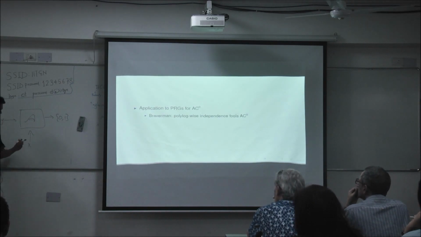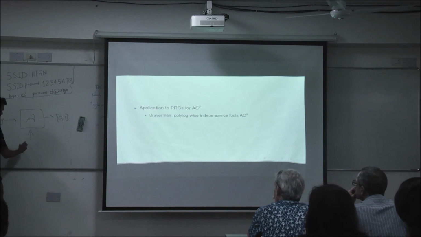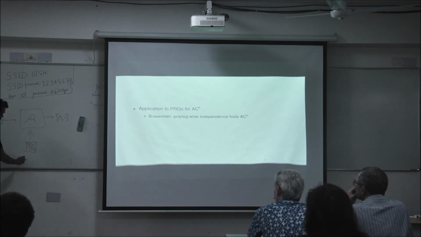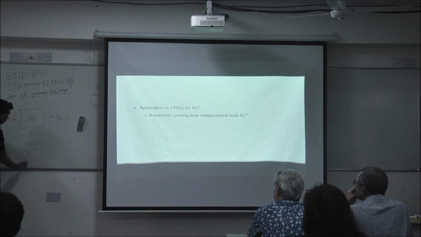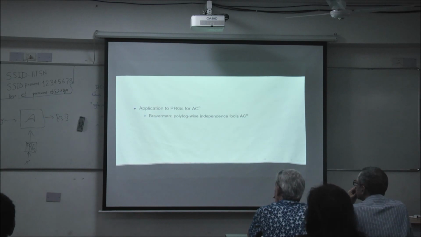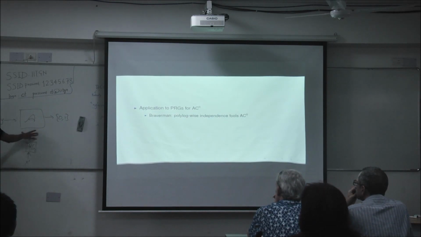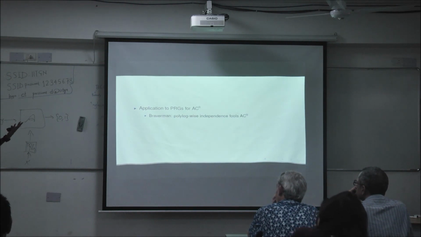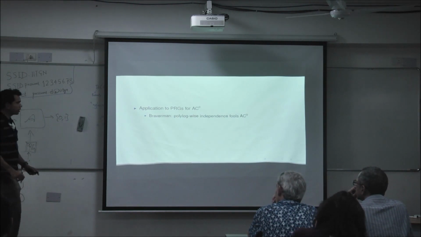So what you are going to do is replace this random string by a box. In this box I write PRG for pseudo-random generator, which takes as input a much shorter random string. A really short, let's say 100-bit random string, and outputs a 10,000-bit random-looking string that the algorithm really can't tell the difference. That's pseudo-random.